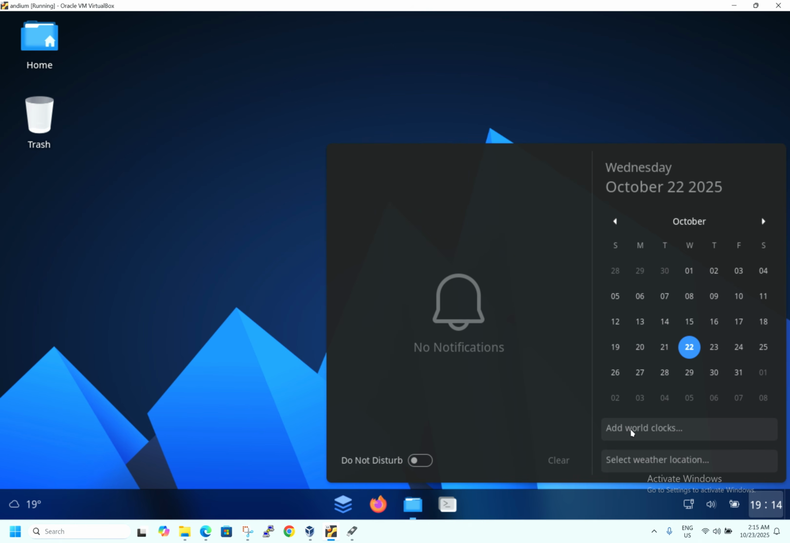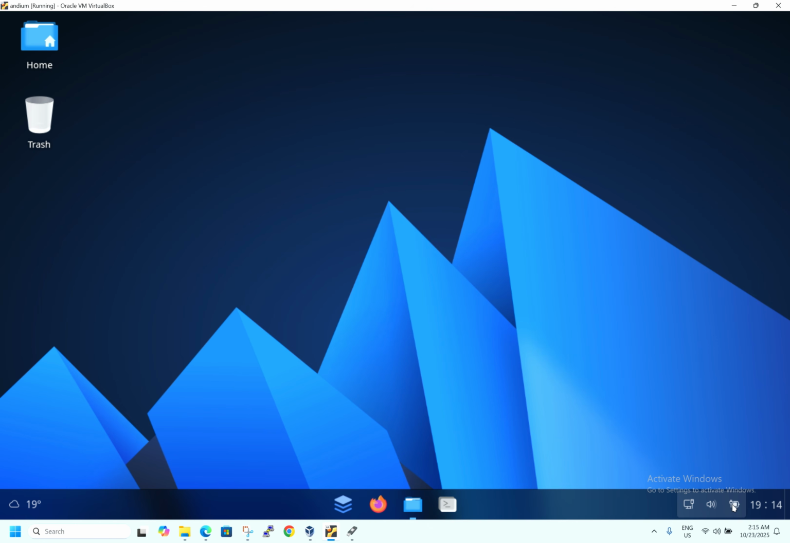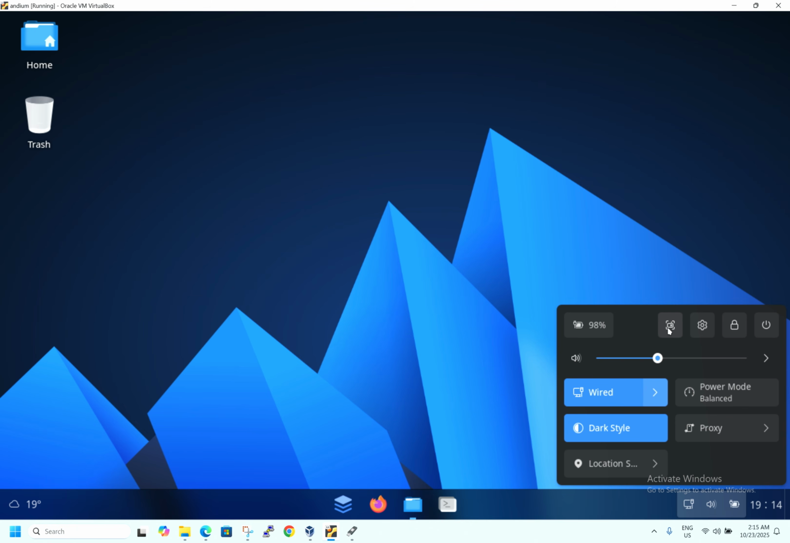In the right-hand corner you can see the same layout as Microsoft, like the calendar. You can add a wall clock and select a weather location. This is the same as Windows 11. Your battery monitoring tool shows the battery percentage. You can take a screenshot from here, open settings, lock your computer, restart or shut down, adjust the volume, and choose the power mode for your laptop: balanced mode or performance mode. If I go to the settings,